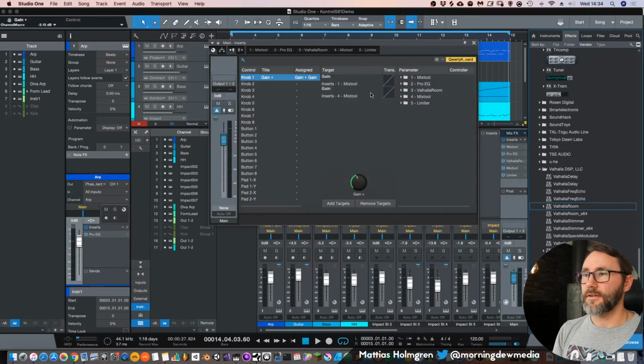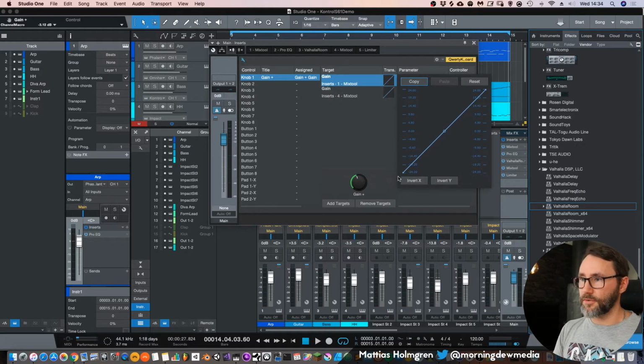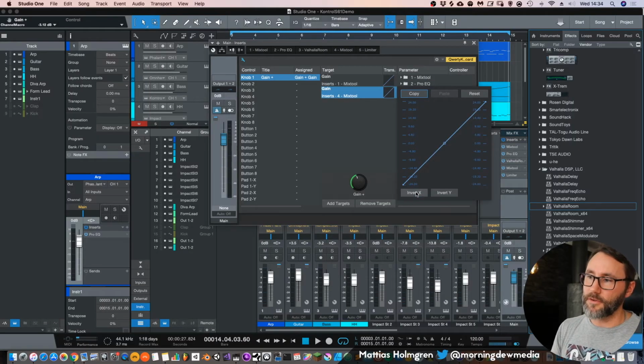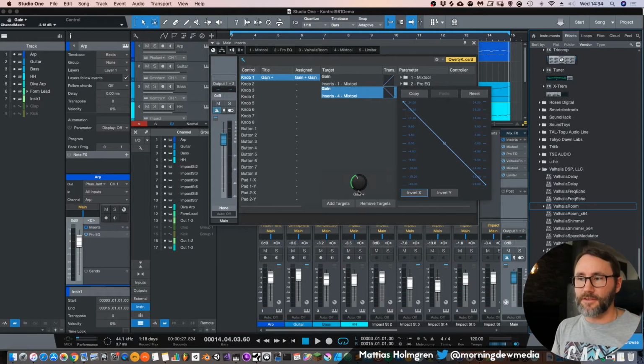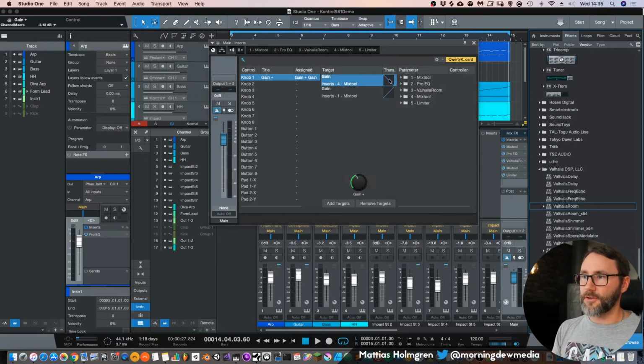Click the wrench icon here and we can see that we have it connected to the first mix tool and the second mix tool. But there's a problem here. We can see that both of these have this curve where they go from -24 up to +24. But we want them to crossfade between each other. So what we do is we can invert so that the second one will die off as we increase the gain here. And the first one